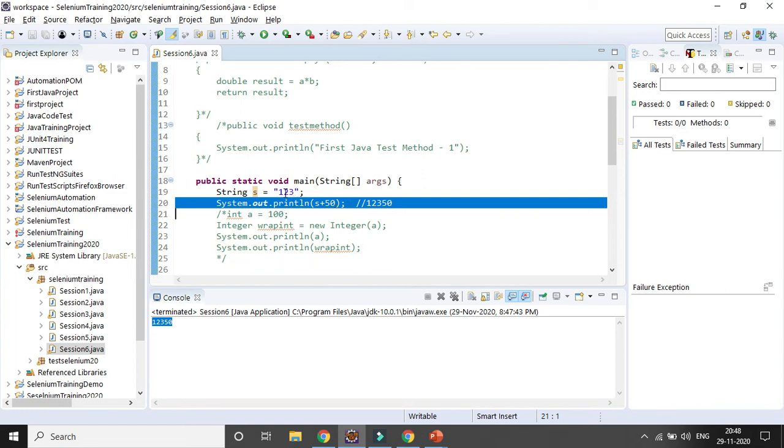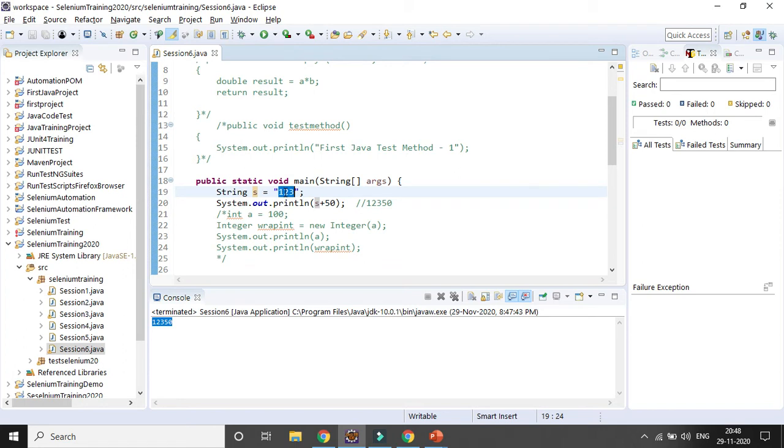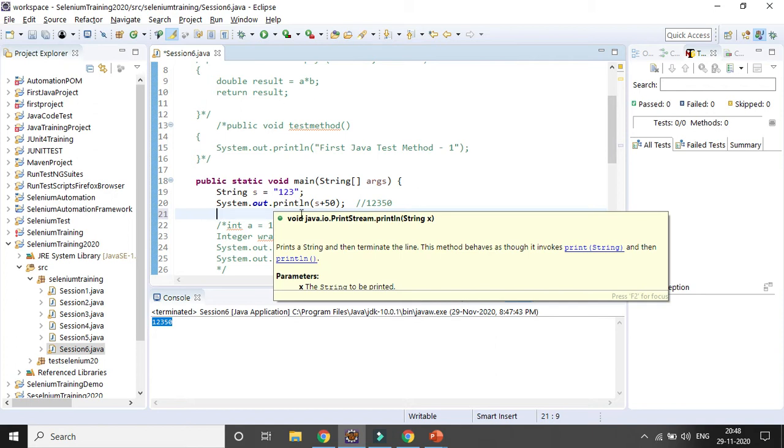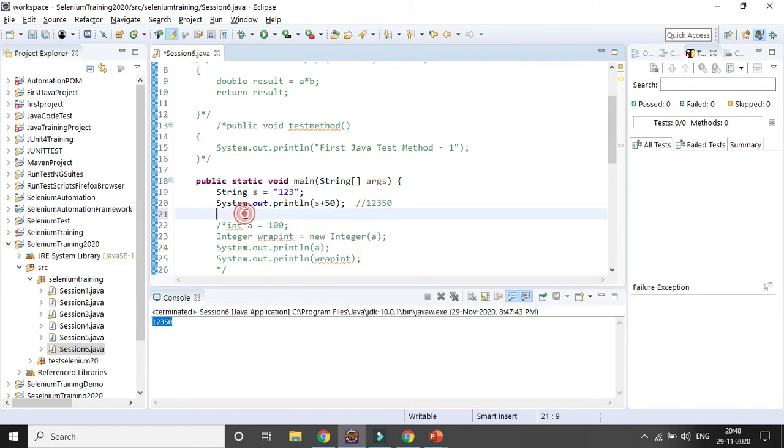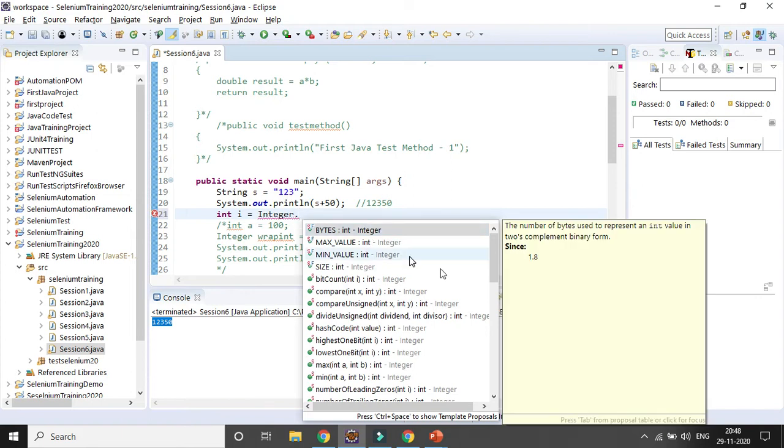173, but it will be treated as a string because it is not converted into the wrapper class, though it is a numeric value. But now if you convert that particular string into the wrapper class, what will happen? How can you convert it? As this is completely an integer, I will define the data type as integer, then give the variable name as i, equal to, then to convert to integer, I already mentioned this is the wrapper class Integer dot. If you press dot, all the methods available in the Integer wrapper class will come,